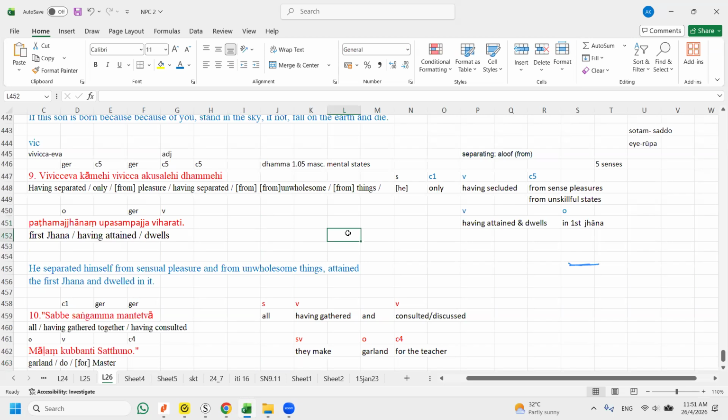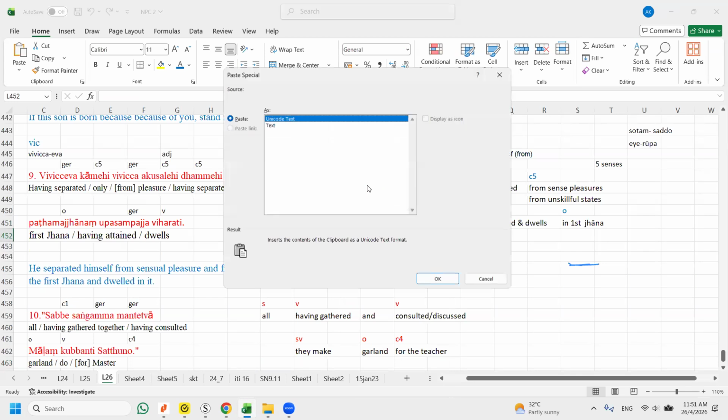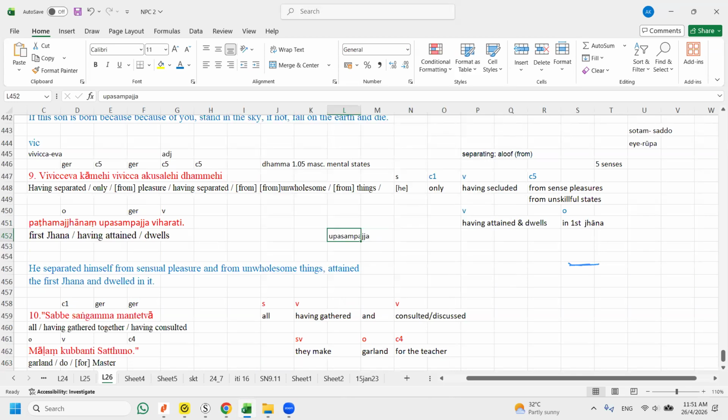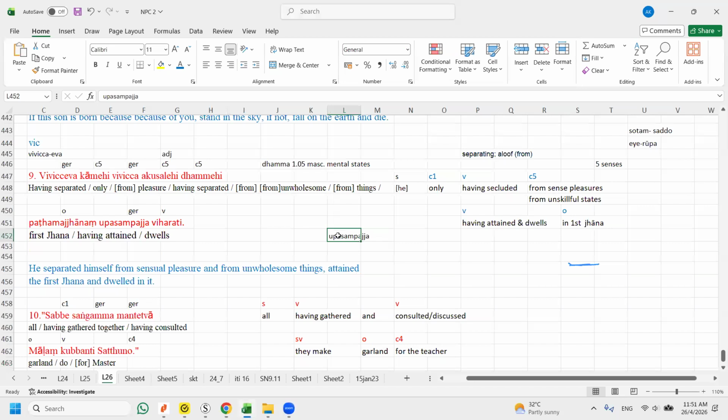I put something like that so that you can see, and then we sort out our translation. Paste special. Oh, I never copied it. Copy again. We go back to there. So in this case, having attained, or attain and dwell,